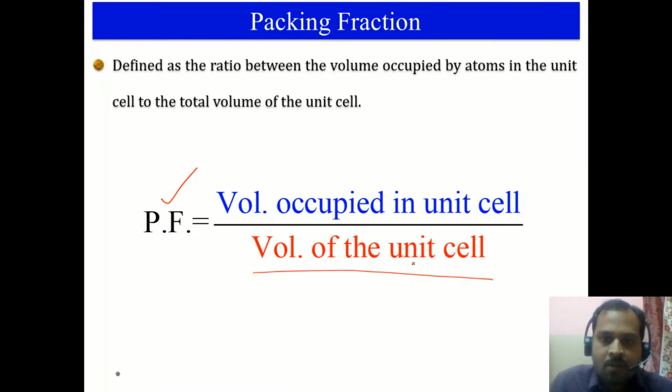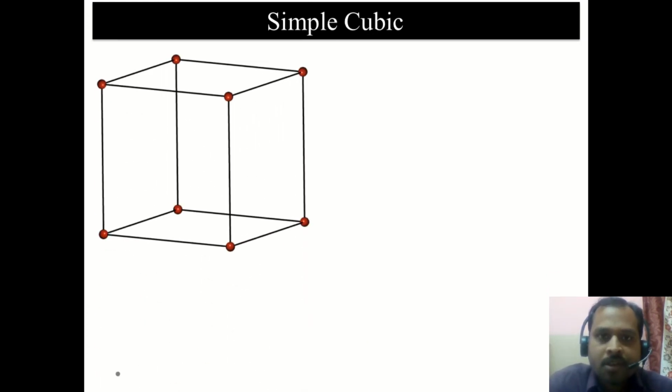Now let us take a few simple examples. Mainly we will stick to the simple cubic unit cell, the FCC and the BCC. So let us first find out the packing fraction for the simple cubic unit cell. This is how the unit cell of a simple cubic crystal looks. The lattice points are all at the corners. That's why it is the primitive or simple cubic Bravais lattice. Now let us fill it with the atoms.